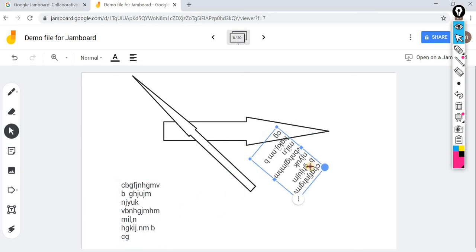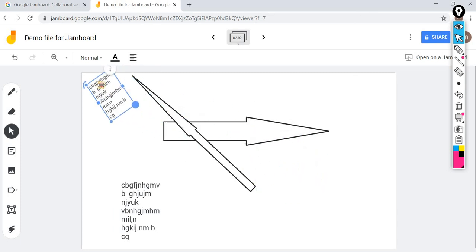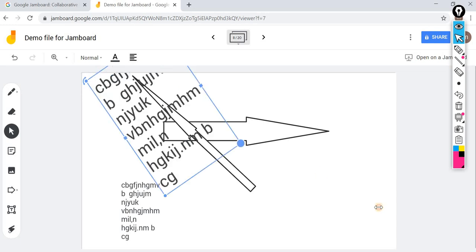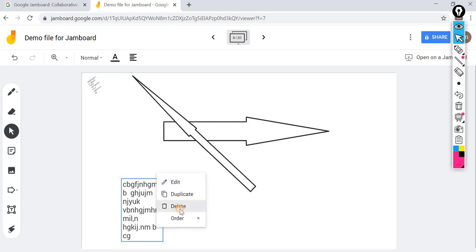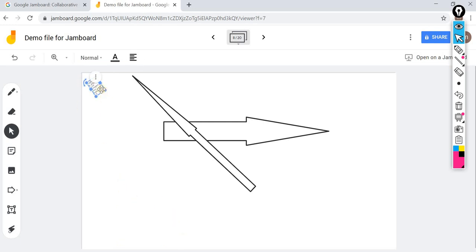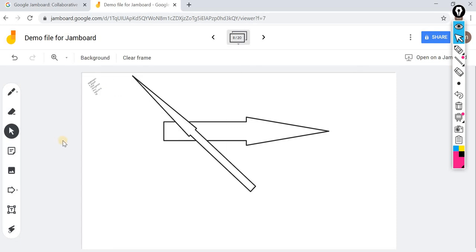I can go for changing the orientation. I can keep it here, and I can resize it. Whenever I want, I can enlarge it and explain it. Again, it will be there in one corner, and if I don't want it, I can delete it. There are some higher level options that I don't want to touch here. You have order, meaning one sticky note or one particular object you can place behind another object, and again behind, you can multi-layer, but those are very rarely used options.